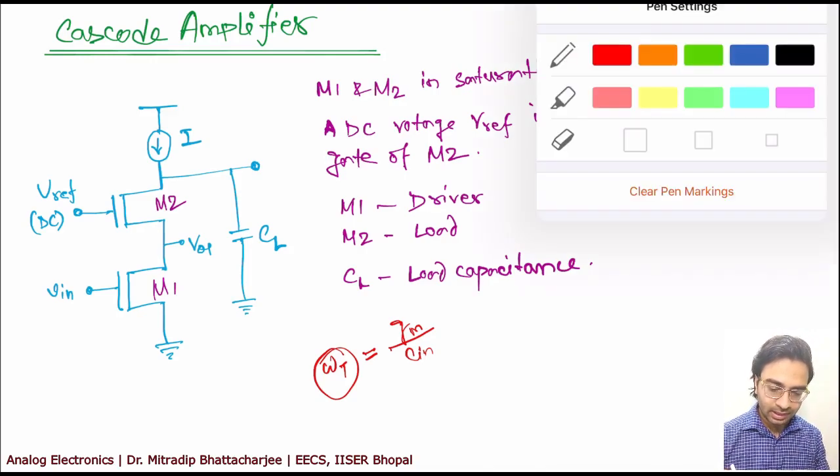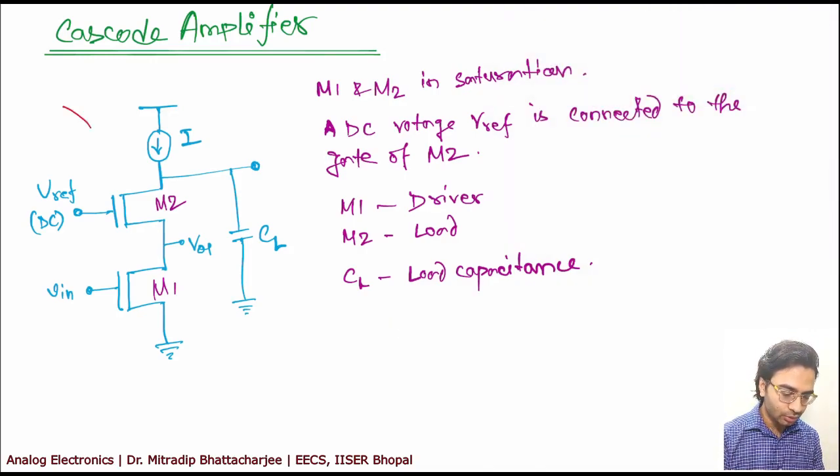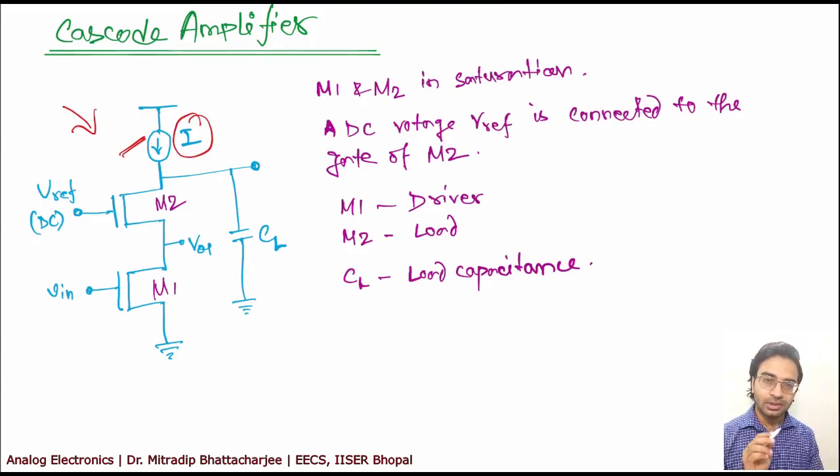So the typical cascode amplifier is shown here. This is the circuit wherein you have capital I, a current source biasing. This capital I is a DC biasing, which ensures that M1 and M2, these two MOSFETs, are always in saturation. Remember, we are operating all the devices in saturation in the case of MOSFET. However, in case of BJT, it was the active region. Remember, in BJT it is not saturation. In BJT, the saturation region is more or less the linear region in case of MOSFET. So it's reverse, right? But in case of MOSFET, we operate all the devices in saturation.